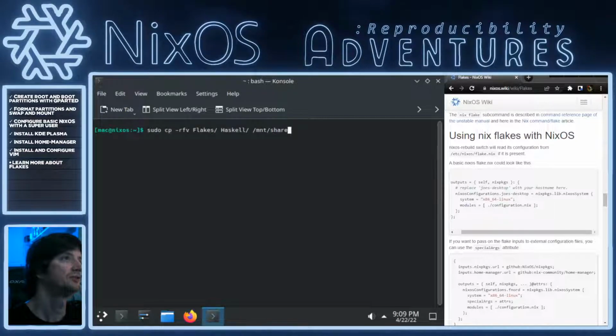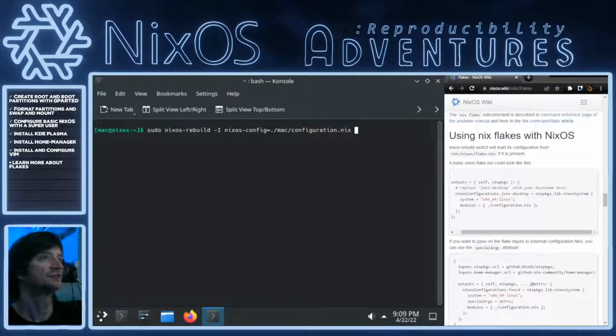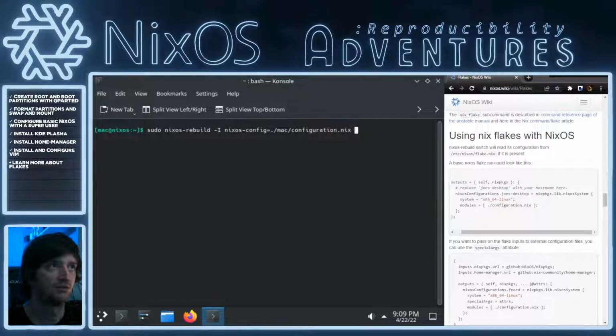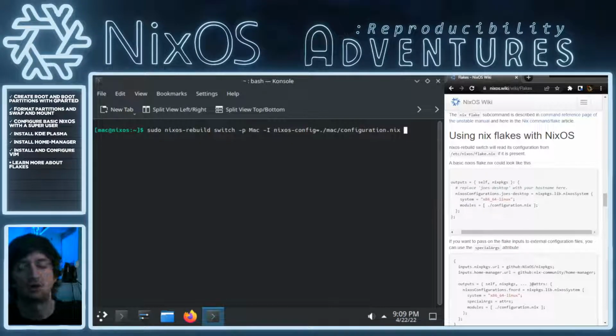All right, and so let's see, what did I do before? I have a bunch of stuff here. Copied a bunch of stuff. So we're just going and doing things. So this is now the command that I run to rebuild, right? Actually, it's missing something. Switch. So that's actually how I declared that profile in the grub menu, by calling something like this: sudo nixos-rebuild switch, and then -p with your profile name,